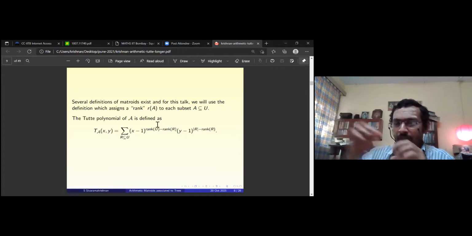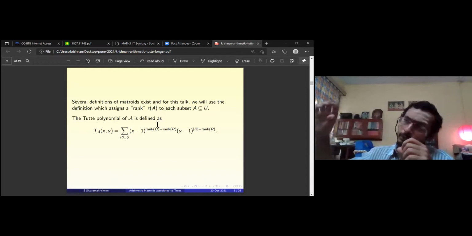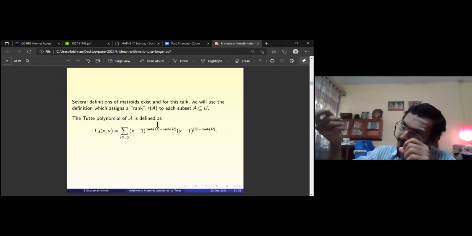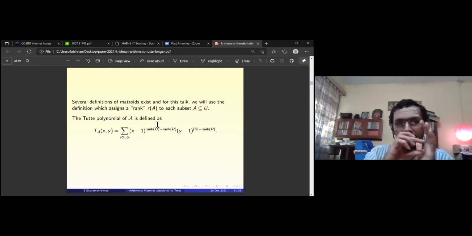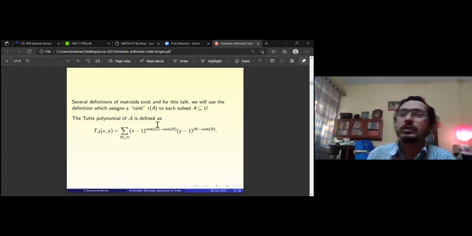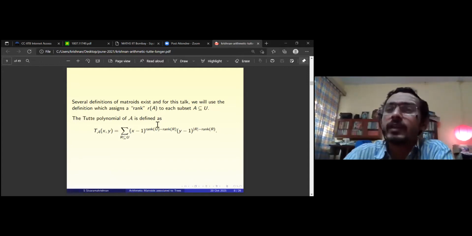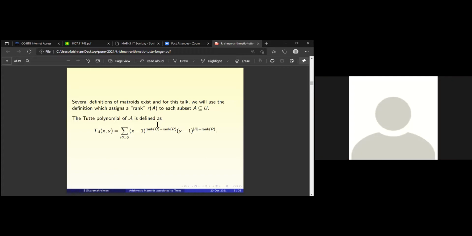Let's say you have K columns which are linearly independent, and you have another set of K plus 1 columns. From these K plus 1 columns, some column can be added to the K columns, and you can augment the K linearly independent columns to K plus 1 which are linearly independent. That we know, no? The exchange property. Those kinds of properties define the matroid. So in general, it's an abstract way of looking at linear independence. It arose from linear independence.